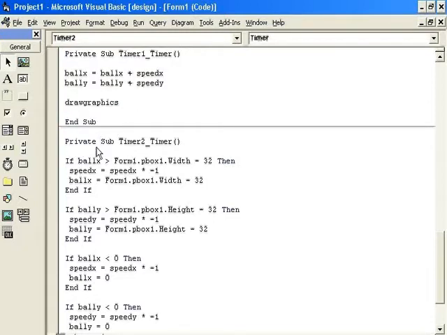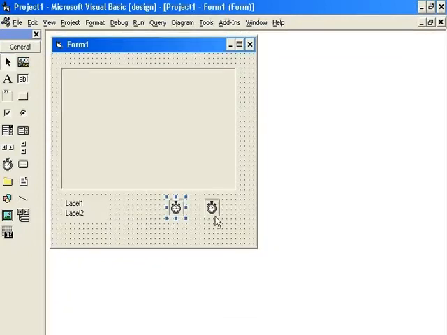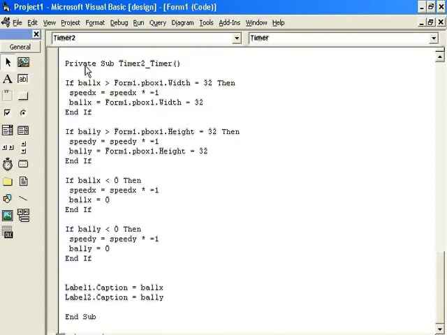The second timer, go back, timer 2 is every 50 milliseconds, and that collision checks for the sides, from the right, from the bottom, from the left and from the top. If it does collide, then bounce it, and also make sure if it shoots off anywhere, just to keep it in the screen and in the box,